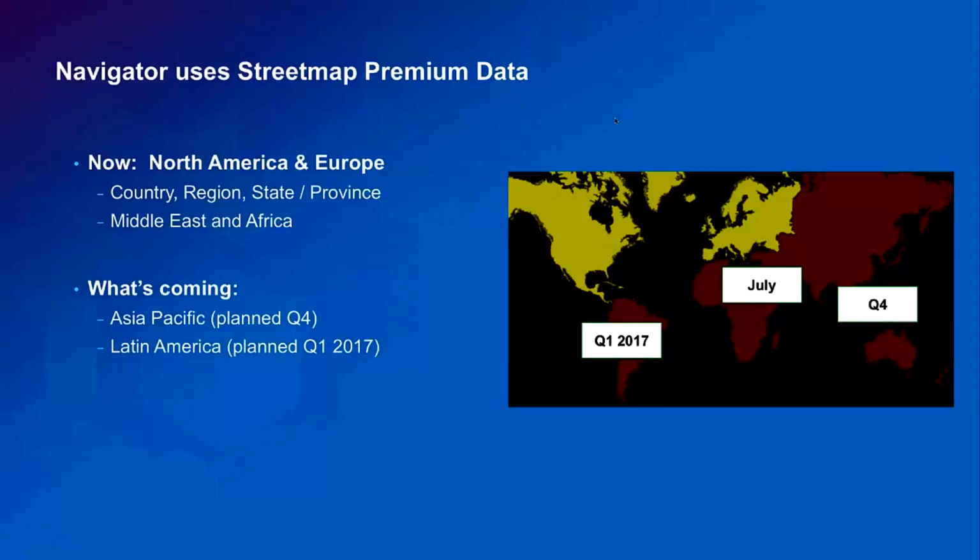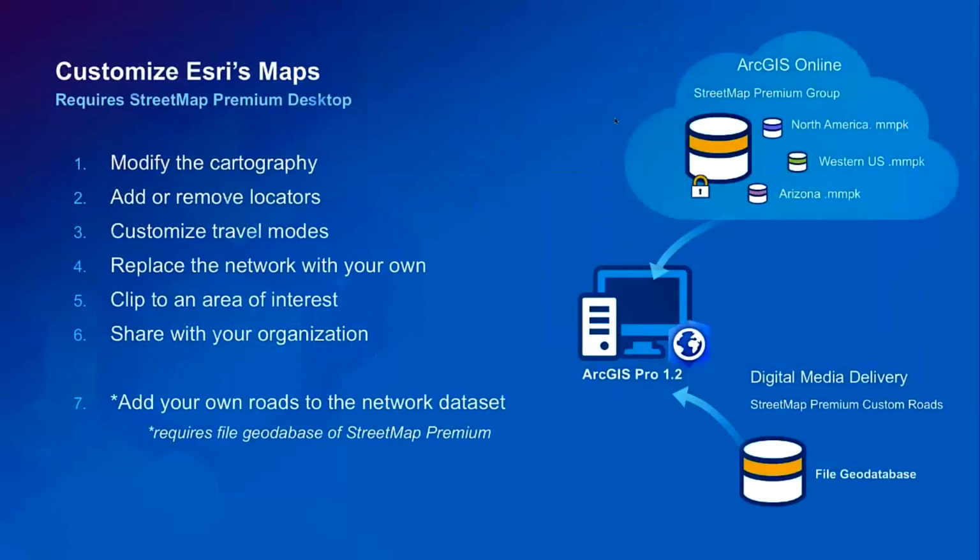Within Navigator, if you have a map that you've downloaded, you'll recognize that a new version of the map is available, and you can just download that new map directly. But what really makes Navigator exciting is that you can customize the map because you're in control of it. So one of the things you could do would be to modify the cartography. You could actually add your own asset layers directly on top of the map, so you can visualize that information in the map that you're using for navigation purposes.